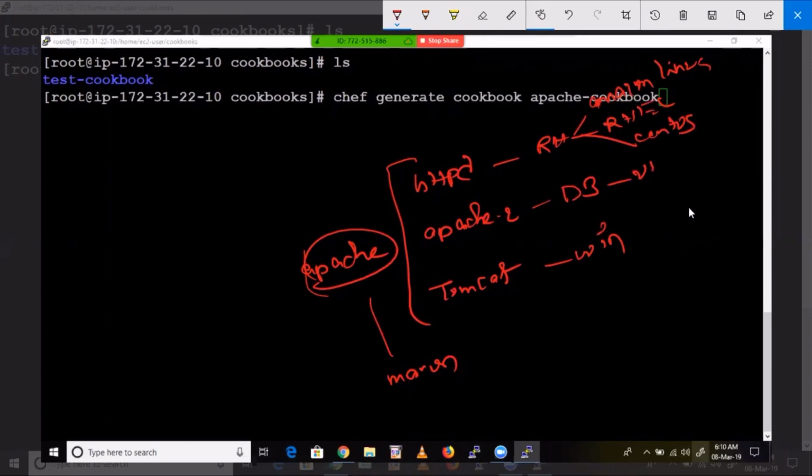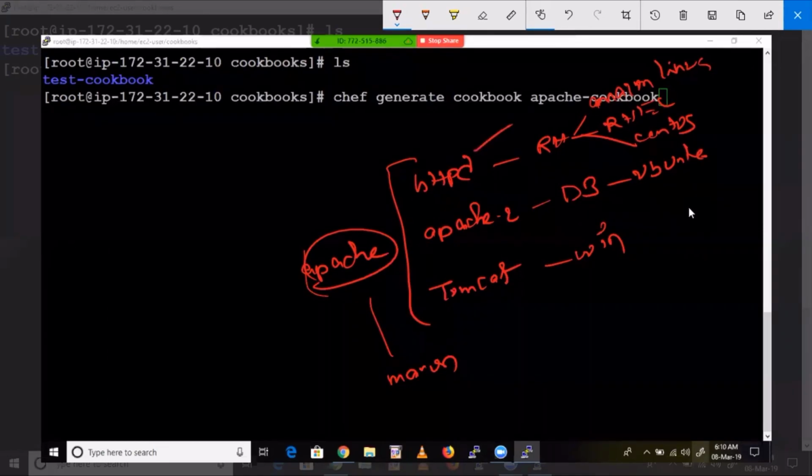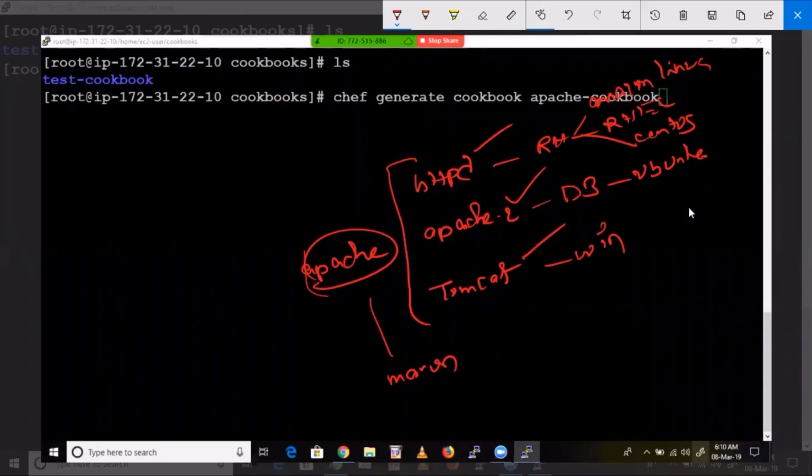Debian means Ubuntu. If you want to make Amazon Linux a web server, you need to install this package. If you want to make Ubuntu a web server, you install this package. In Windows, you have to install Tomcat. All 3 belong to the company called Apache. Apache 2 is a package, and Apache is a company. Fine.